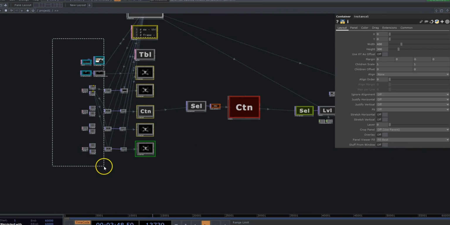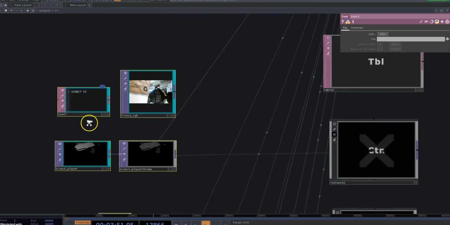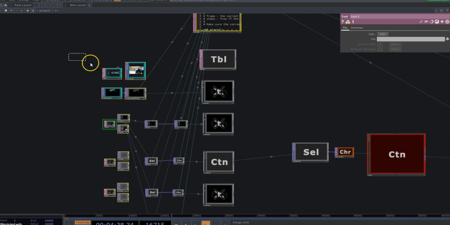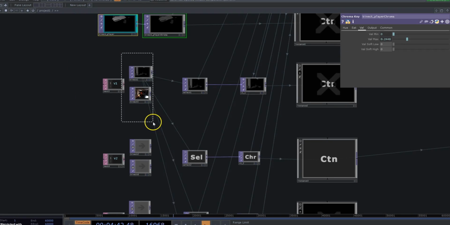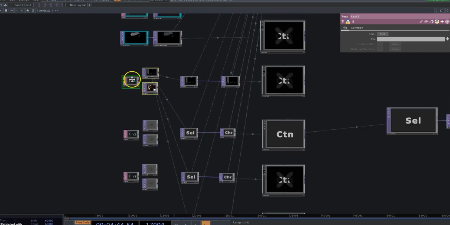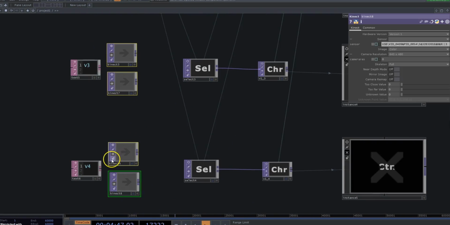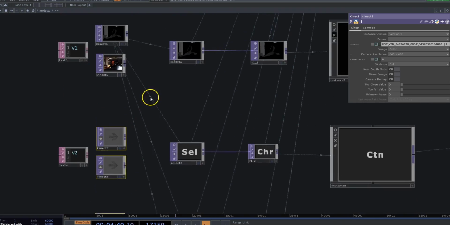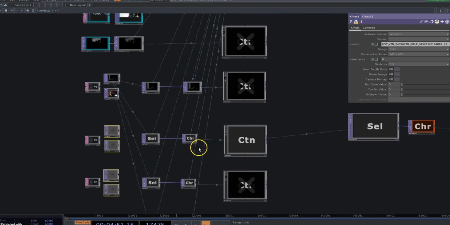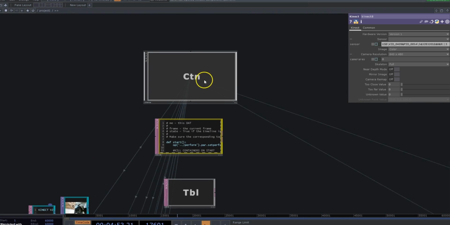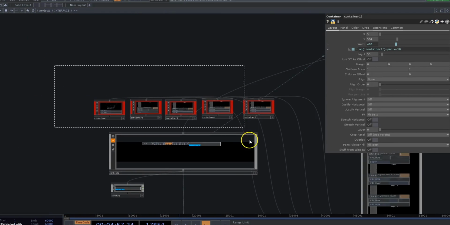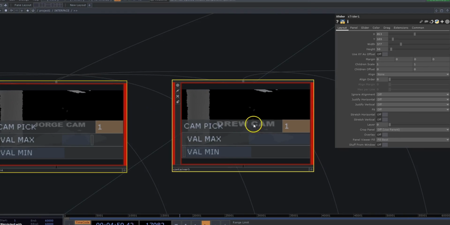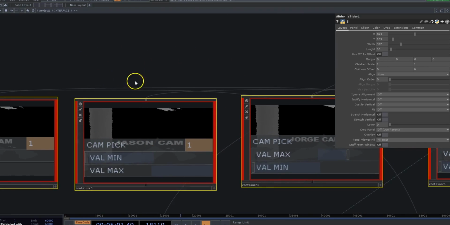here on the left are all the Kinect nodes. This is your V2 nodes. These are the Kinect 1 ones. For now, these are disabled, but in the GitHub file, they're all enabled. And once you have all four plugged in, it should work. On top here is the interface container, so you can change all your things here. This still has the names of all the musicians from the band.